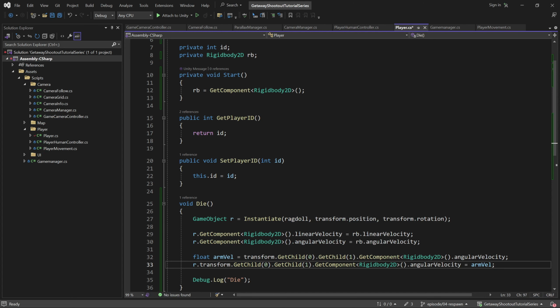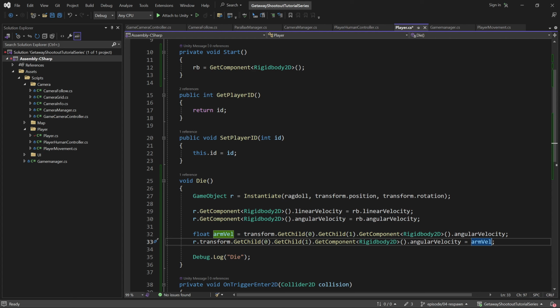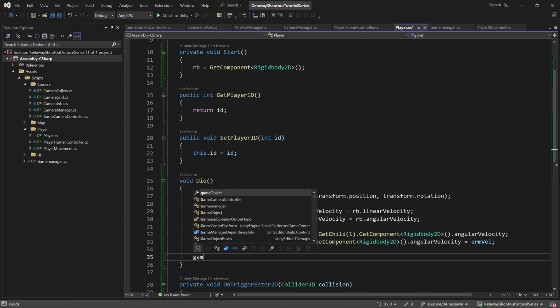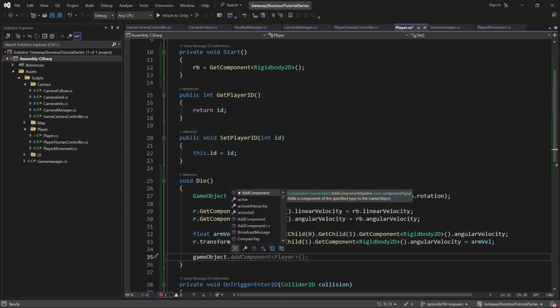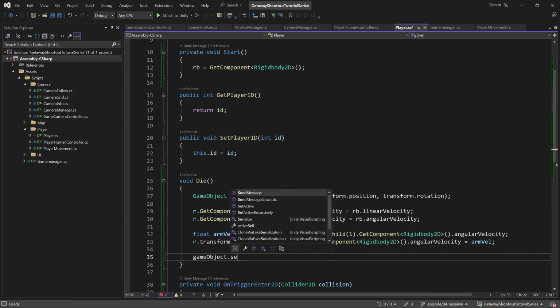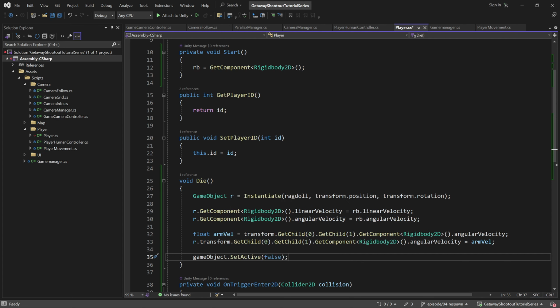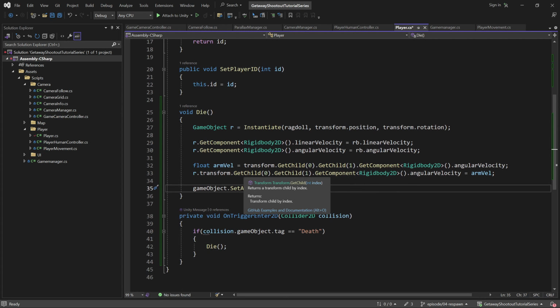And something like that. Okay, so with all this set now, we set the transform of the position rotation. We set the ragdoll's velocity, angular velocity, and we set the arm's angular velocity. So that should be everything in place. The only thing to do now is to actually deactivate our own game object, the game object on this script. So I'm going to do game object dot set active and then set it to false. And that should be it for right now. Let's check if this